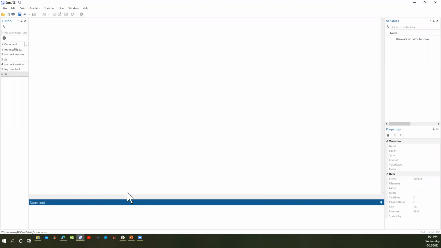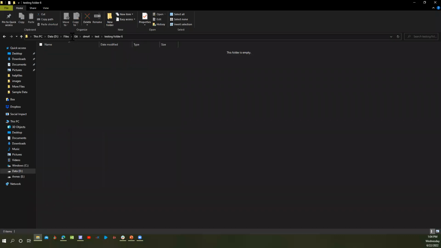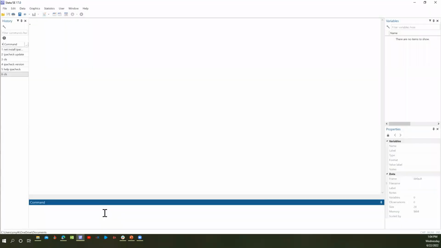Okay, so the first thing we want to do, I want to show you how to set up a new project. So I'm just going to copy the path to where I want to set it up. You can actually do this without the path, and you can set up a new project with the IPA check command.